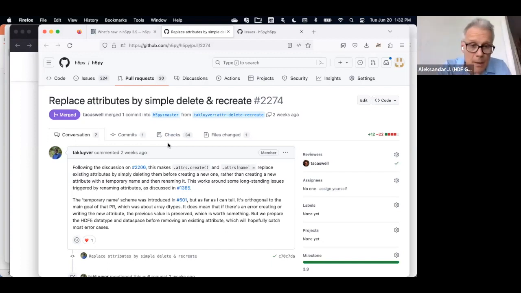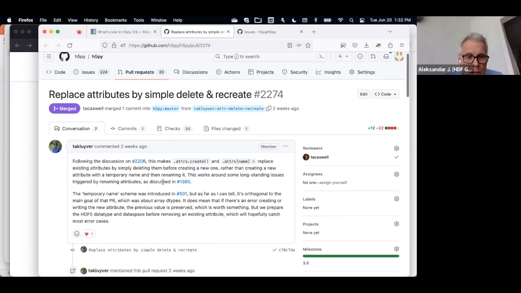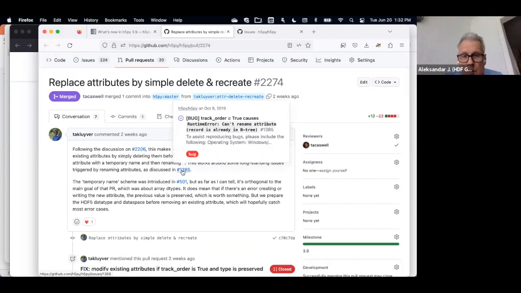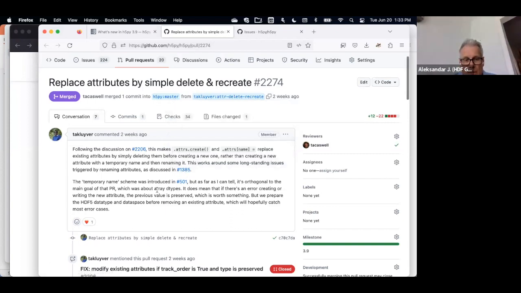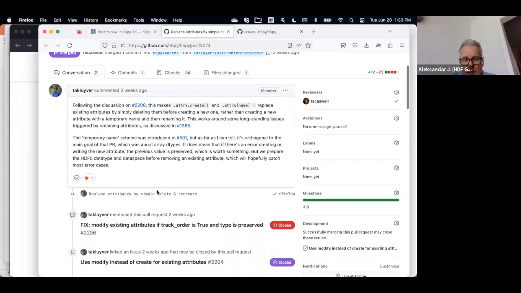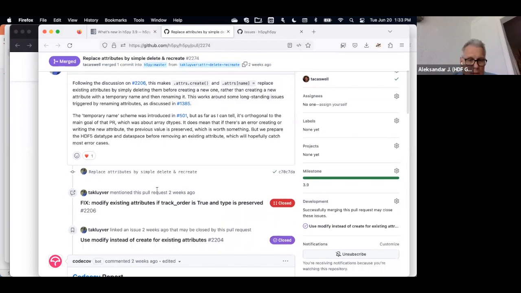And for quite a long time, for example, here there was basically running into the HDF5 library error, can't rename attribute, record is already in B-tree. And especially when track order was set to true. And so this fix takes another approach.